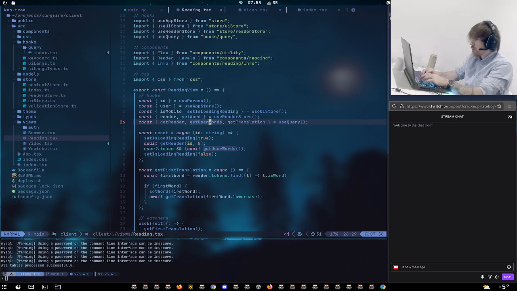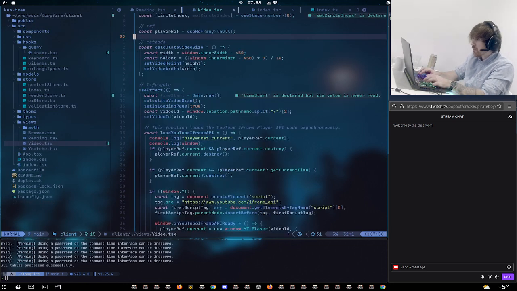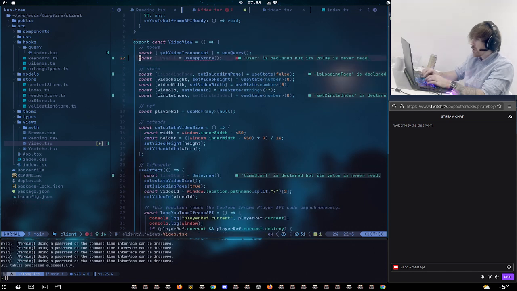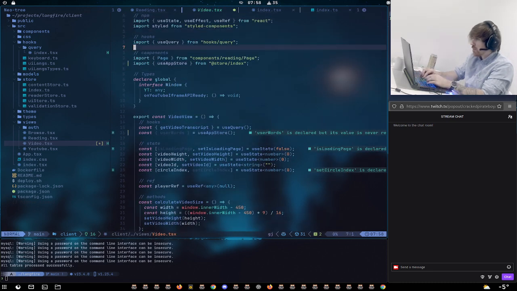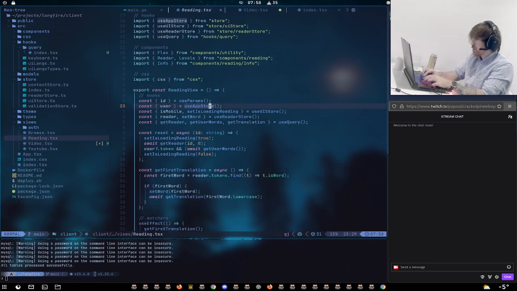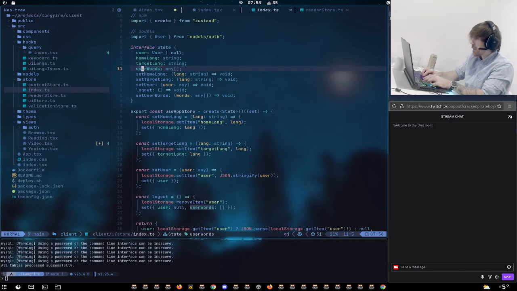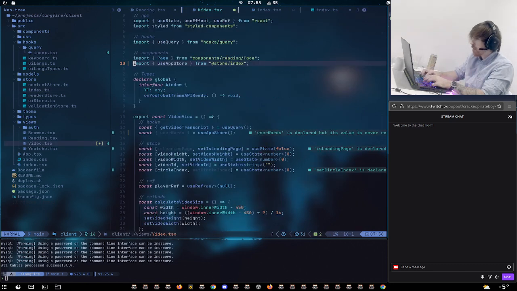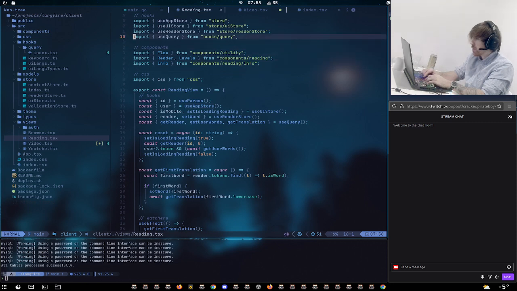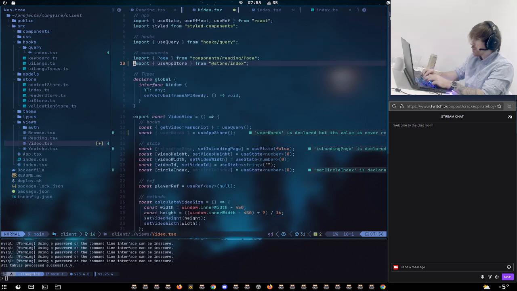So use App Store as a hook, and then user words. Let's import that. Well, where do I put store? Well, this one should have the store. Use App Store. Hooks. I put them in hooks.